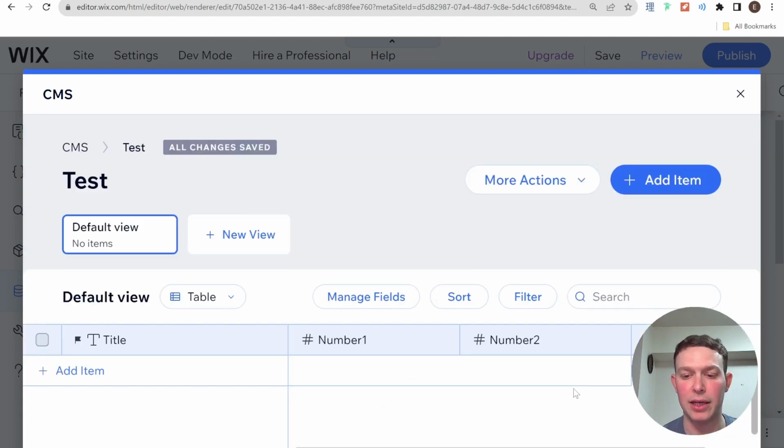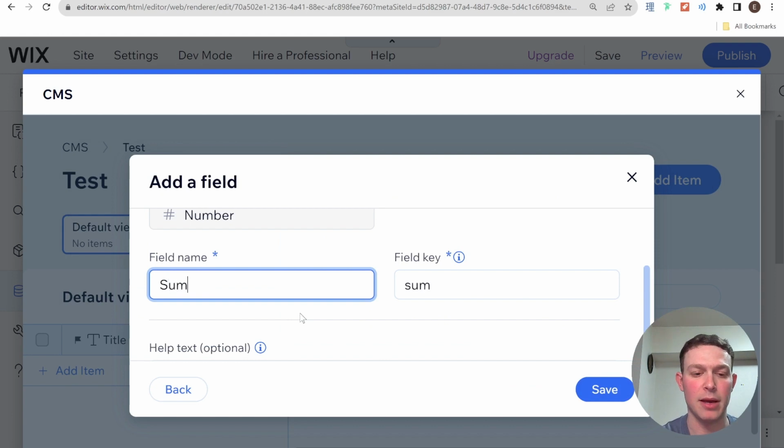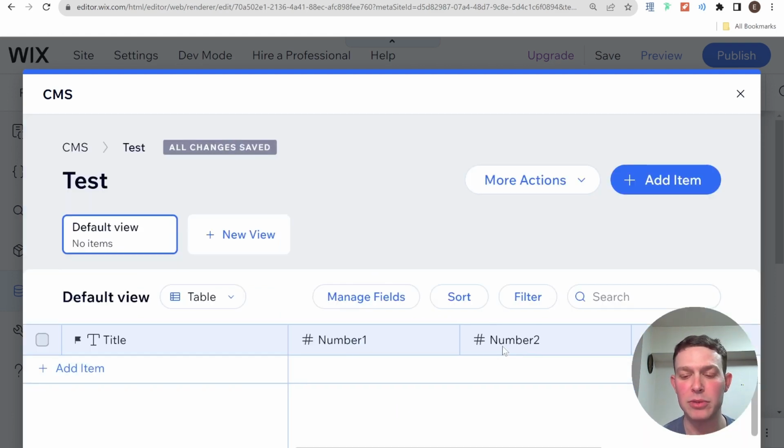And I'm going to add a third field, which is also going to be a number, and it's just going to be sum. And what we're going to do is create an automatic calculation where when I put a number into 1 and 2, it'll automatically calculate the sum. Okay, so it's a very, very simple mathematical operation, but it's really just to show you the principles that will allow you to do more complex things based on what you want. And it doesn't only have to be numbers, it can also be text-related calculations and manipulations of the text, etc. So now that I have my